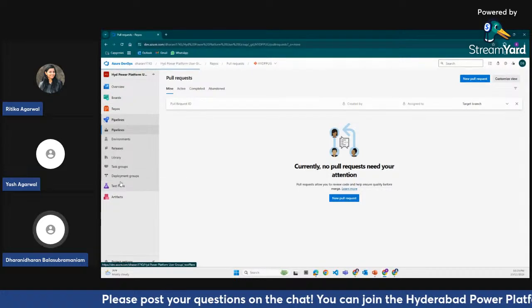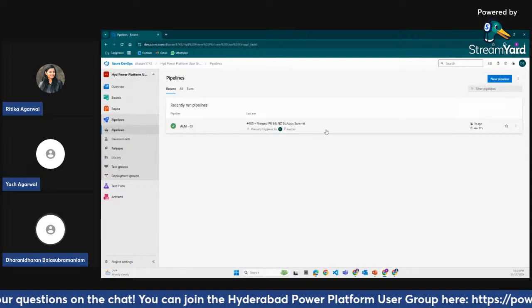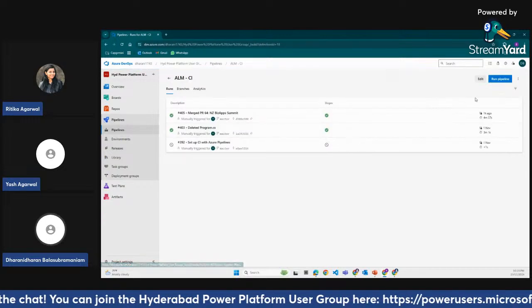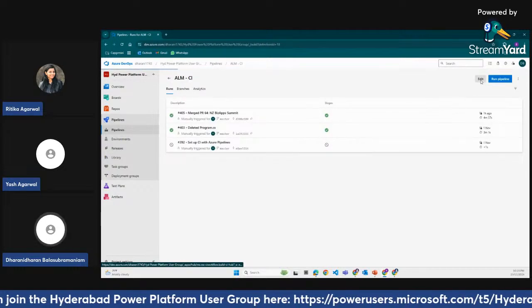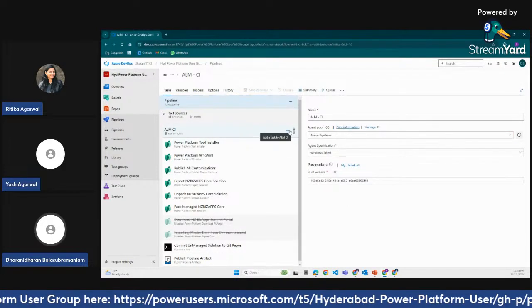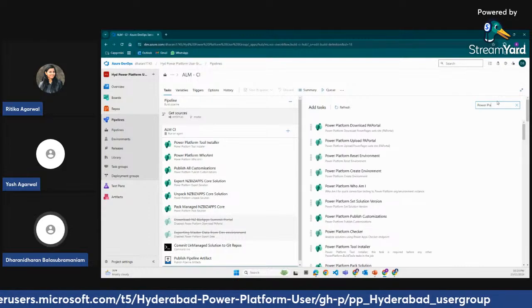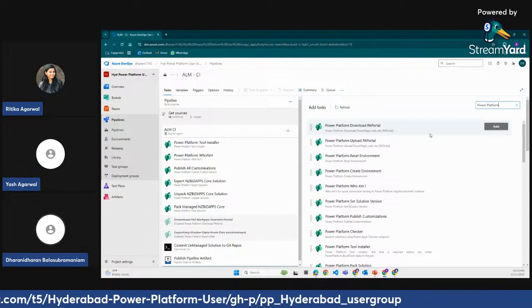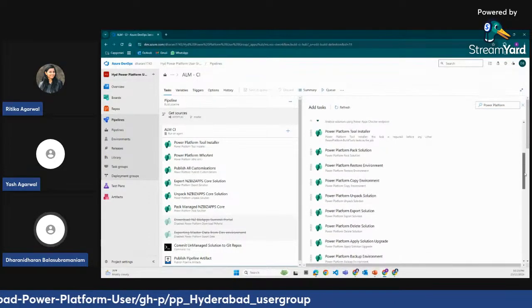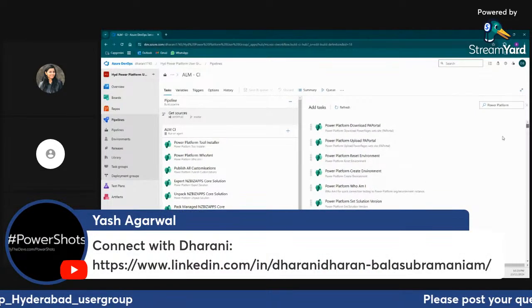Now let's quickly get into the build pipeline. I have already created the build pipeline, so you can see it here. This is the one which I have created. As I mentioned earlier, if you install the Power Platform Build Tools, you can see a lot of Power Platform build tasks here. If you just type Power Platform, this will give you a good number of tasks. With all these tasks, this tool is really easy.